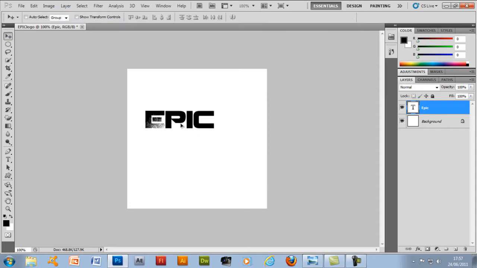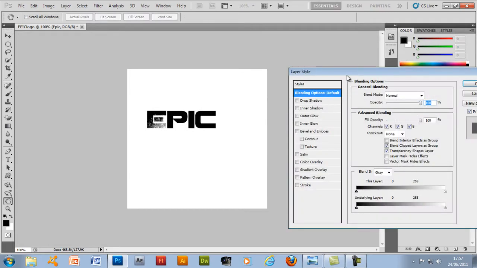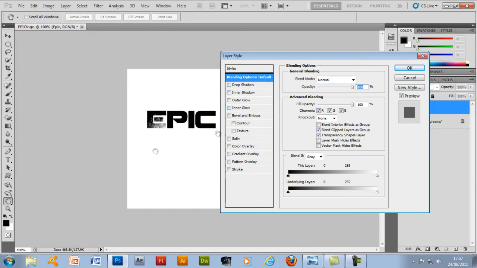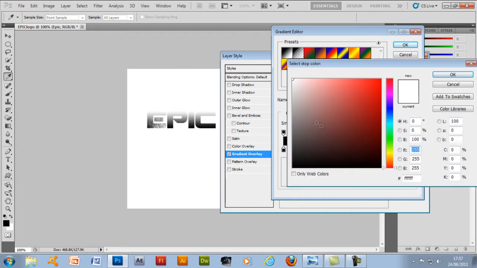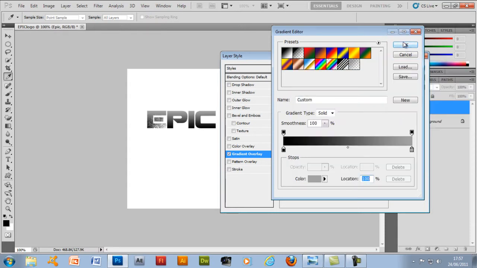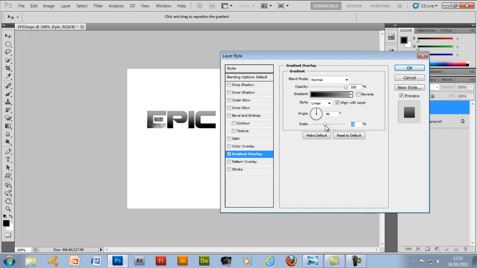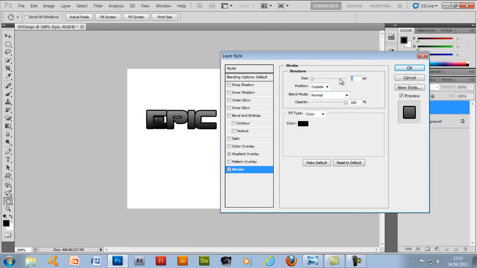Alright, so position the epic text wherever you want it, and then what we're going to do is go into blending options, select color overlay, and we're going to select the first one and change the white to a grey, like a lightish grey color, and click OK, and change the scale to 100. Just put that all the way up